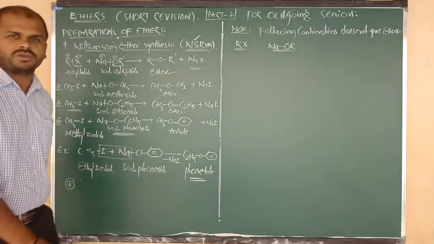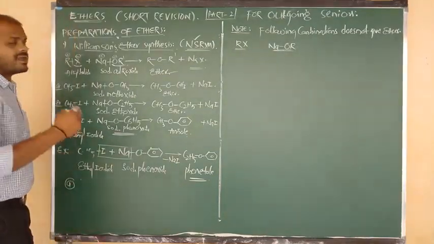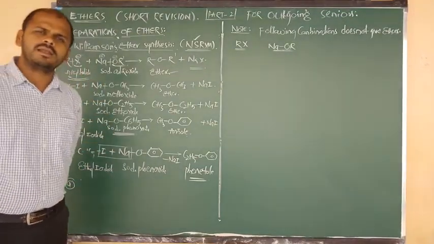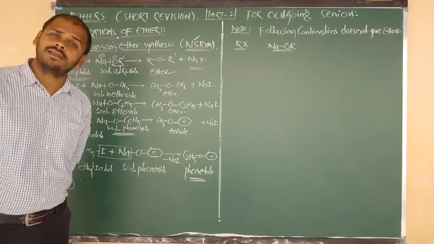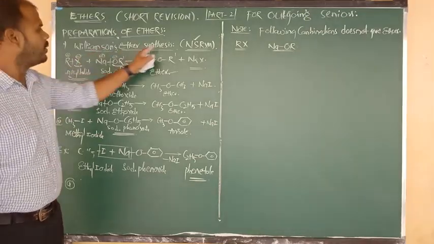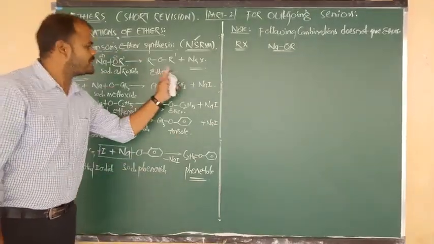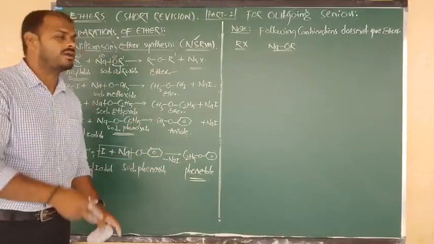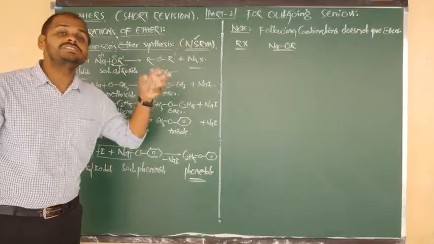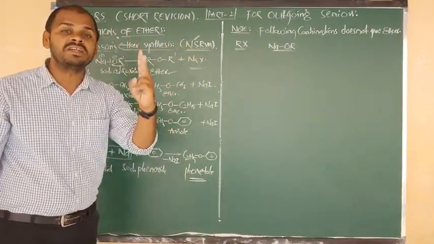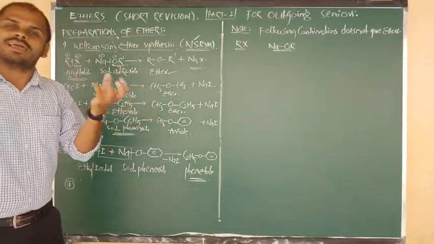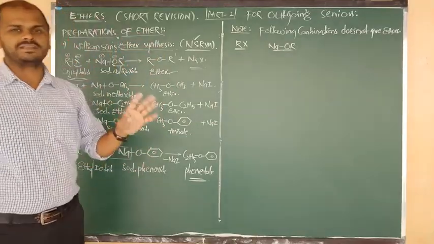Now another question I want to ask you, a very important question, and so many times repeated in objective exams. That question is, sir, what is the reactivity order of alkyl halides? Alkyl halides are of three types: primary alkyl halides, secondary alkyl halides, tertiary alkyl halides. But which alkyl halide is more reactive in Williamson's ether synthesis for the preparation of ether? Simple ethers are more reactive in Williamson's ether synthesis. That means the type of nucleophilic substitution is SN2, bimolecular nucleophilic substitution reaction. Primary alkyl halides easily undergo Williamson's ether synthesis.